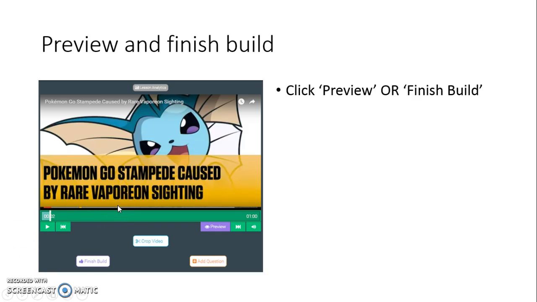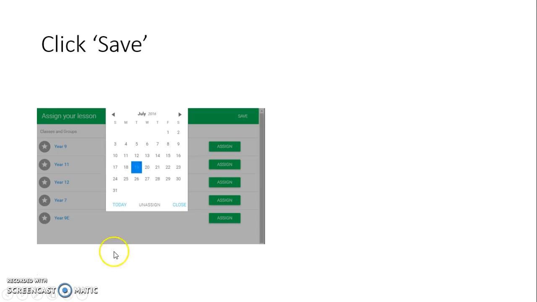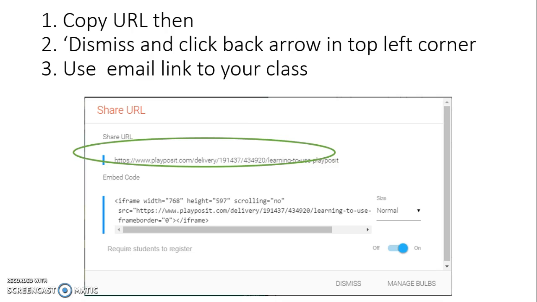So at the end of creating all your questions, you can press preview to make sure the questions are in the right place, that you've asked enough questions, you haven't asked too many questions. And then when you've finished, you click Finish Build. It will bring up this page. You need to click Close here, and then you need to click Save up here. If you click Save, it will bring up this page with a share